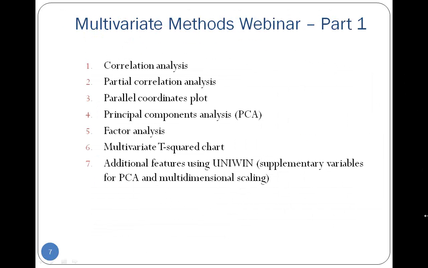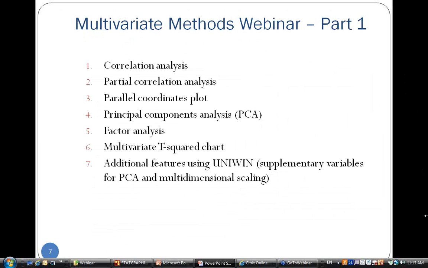Particularly the procedures I'll be looking at today, I'll be looking at a correlation analysis, a partial correlation analysis. I'll be looking at a parallel coordinates plot, which is one of the visualization techniques we provide. We'll talk about a principal components analysis, which is the primary mathematical technique for reducing dimensionality. I'll look at the factor analysis procedure. I'll look at the multivariate T-squared chart, which, as I indicated, is a good way to find outliers in many